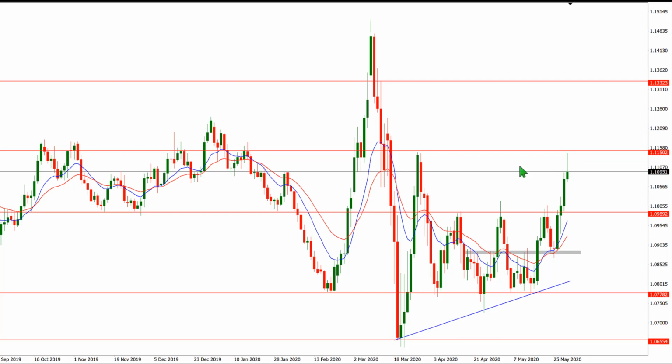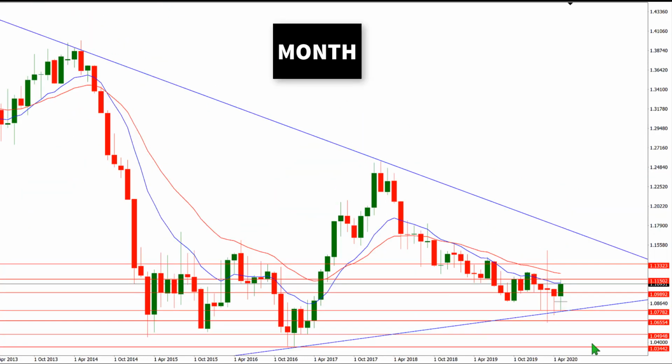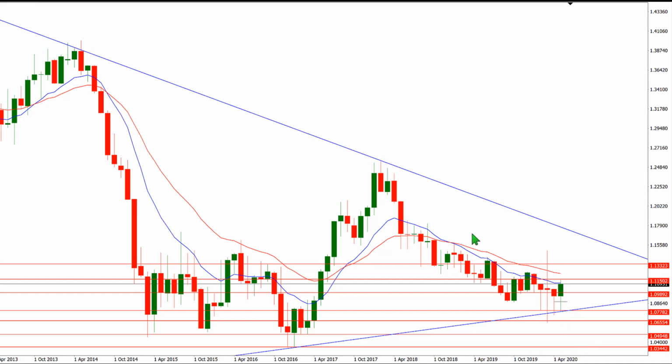Also take note on the monthly chart, because this was the last candle which formed in May 2020, and this is the last candle of the month. So let's check the monthly chart. Here on the monthly chart we can see it was a bullish rejection bar candle formation in the month